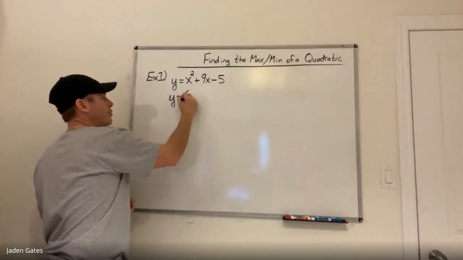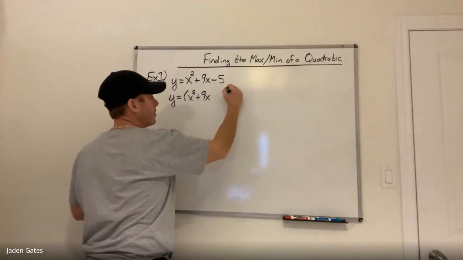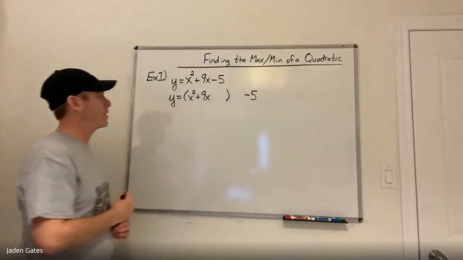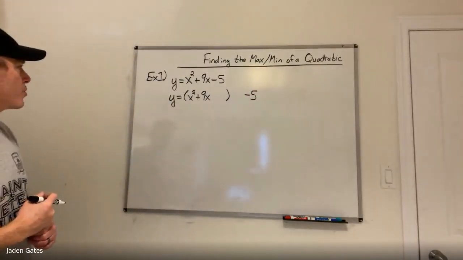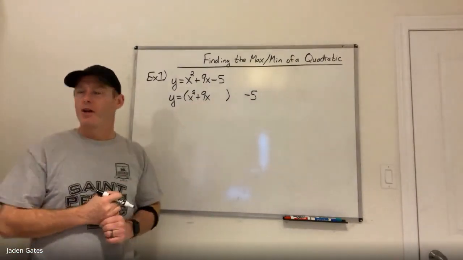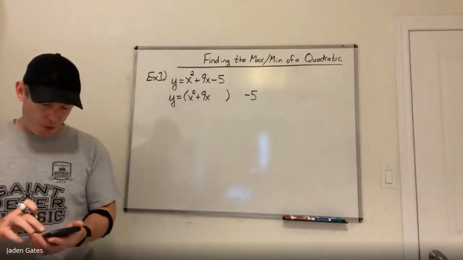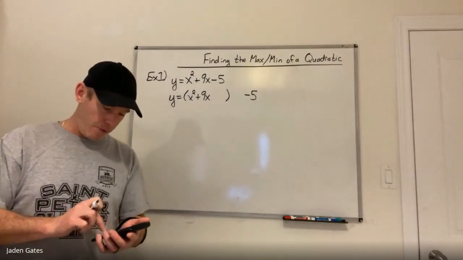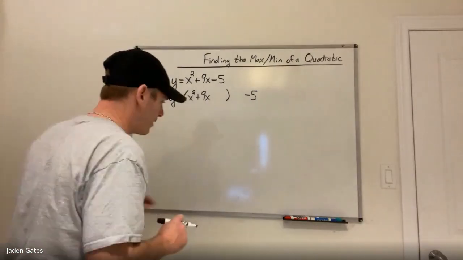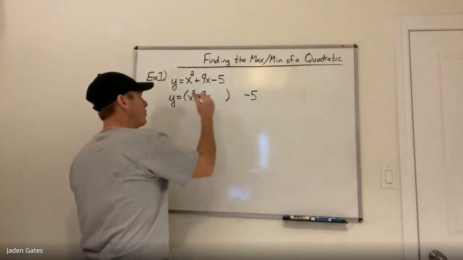So the first thing I'm going to do is put my x squared plus my 9x in brackets. I got to find my magic number because I'm telling you already, it is not minus 5. All right, and so I take half of 9 and I square it. Well, half of 9 is 4.5. All right, and then I square 4.5. So 4.5 times 4.5. Turns out the number I need is a decimal, which can happen. So that decimal is